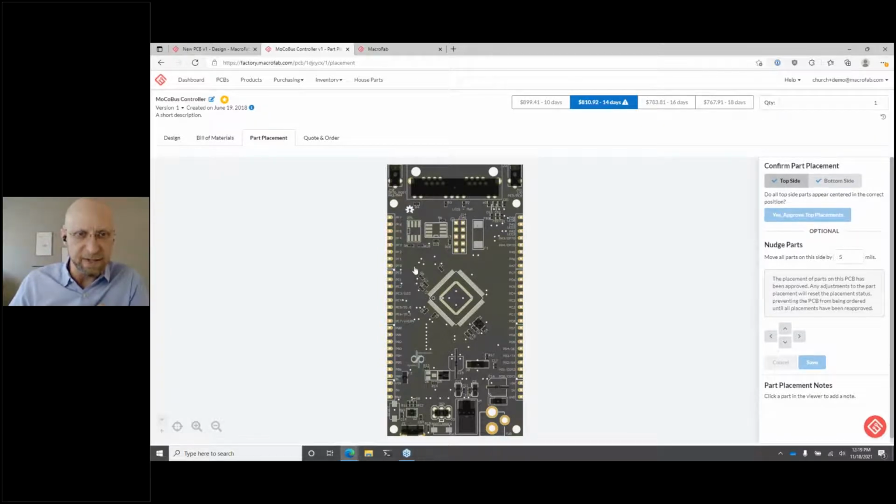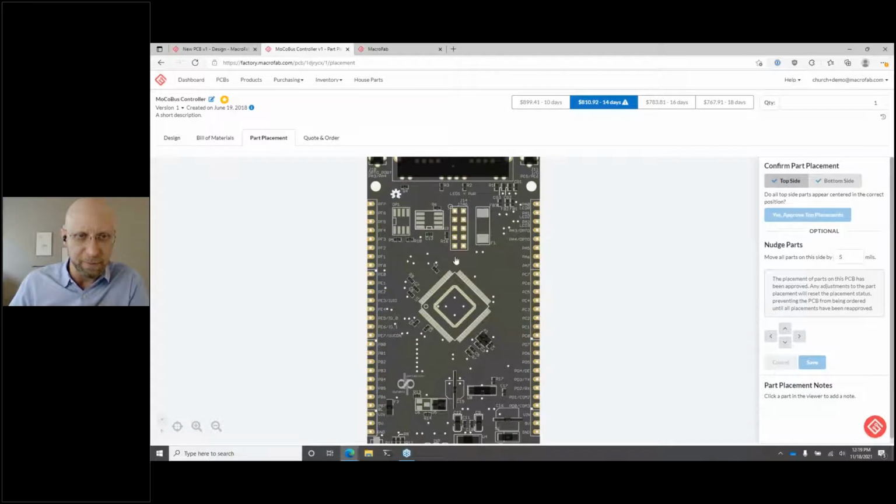So in this particular case, I can see there's a handful of parts I'm not populating. If I really wanted to build this particular product, that might be a challenge for me. But it's real easy to look at our bill of materials and think we have everything covered, and then realize, oh, hey, I missed one part. It wasn't in my bill of materials. So we can see visually which parts are going to be assembled on the board,